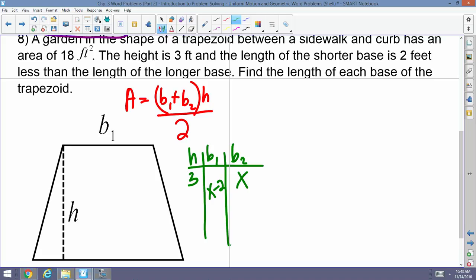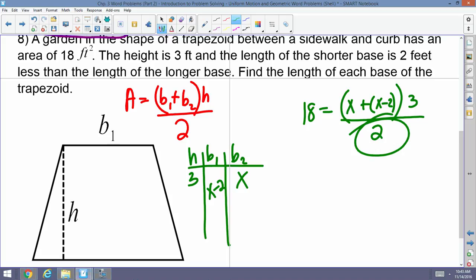Now, let's plug it in. What did they tell you the area was? 18. So 18 equals base 1 plus base 2 times height divided by 2. How did I teach you guys to get rid of this 2 down here? Yeah, multiply 2 to both sides. Very good. So I've got 36